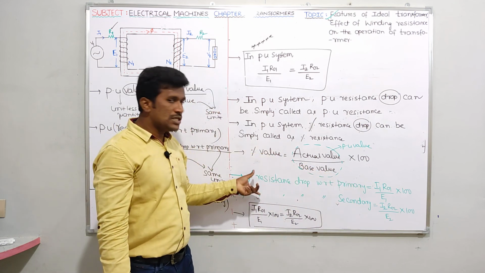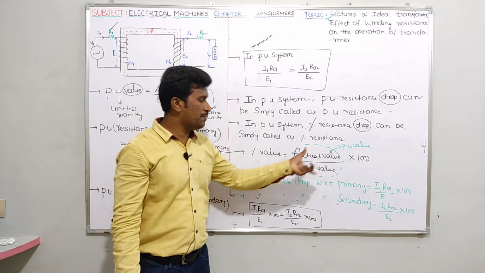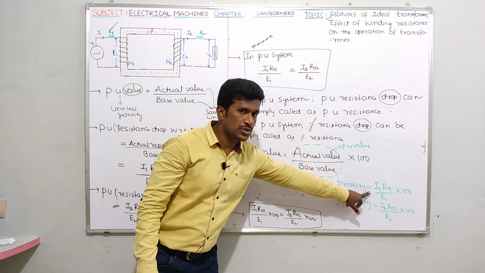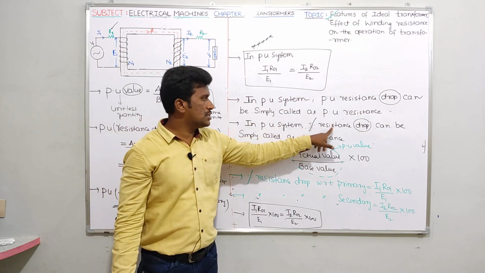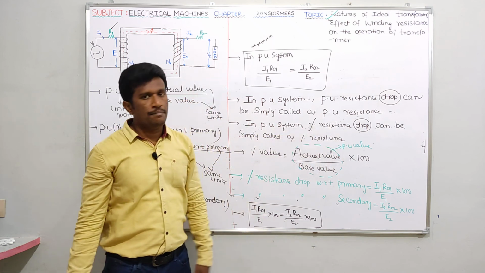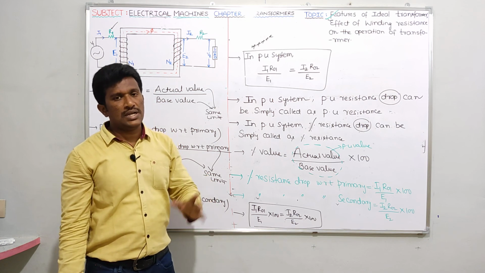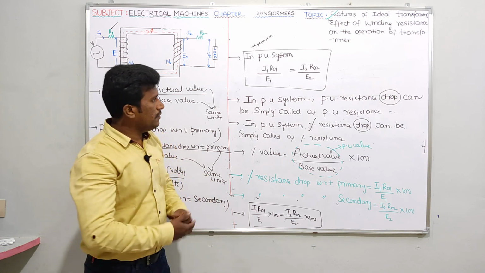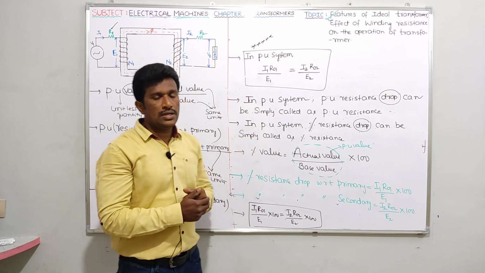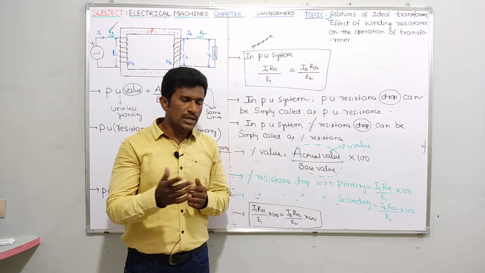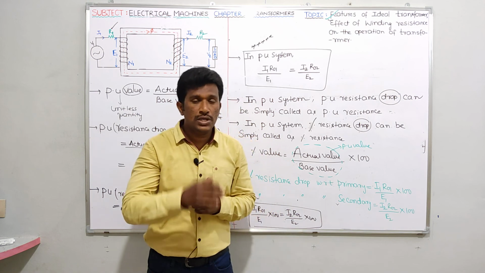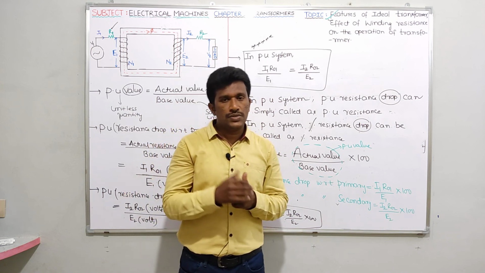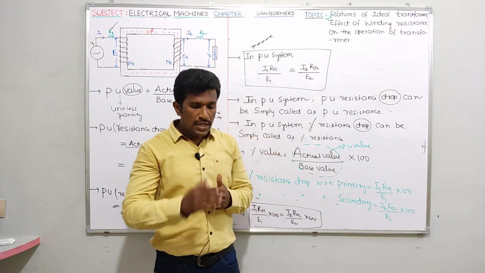If I ask you percentage resistance with respect to primary, the same formula you should say, because in the per unit system, percentage resistance drop can be simply called the percentage resistance of the transformer. Anyway, no problem, all those things will come once again in copper losses. There I'll tell you why copper losses are variable losses and how they change with the load. We'll discuss clearly. So in the next video, guys,